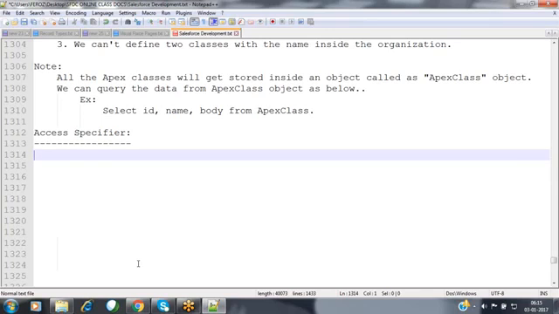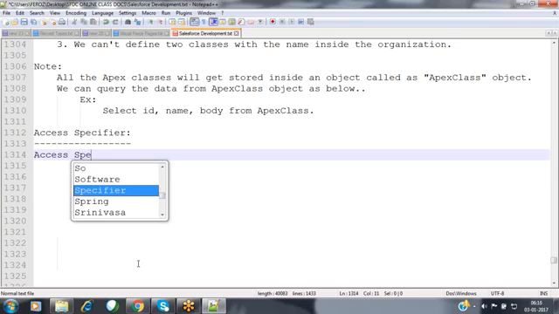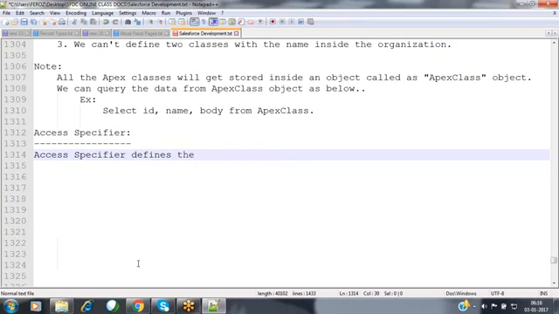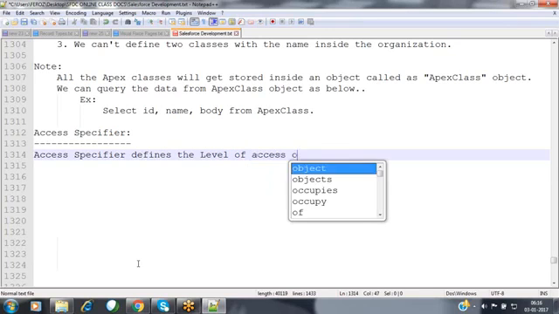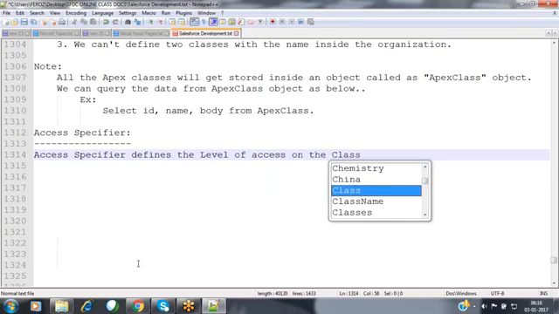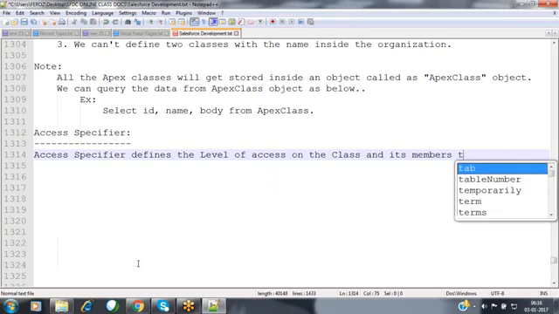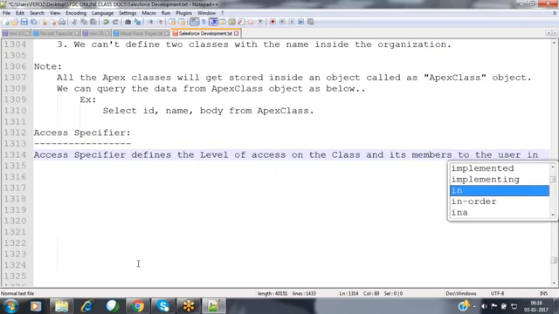So for that, we are using the access specifier. The access specifier defines the level of access to the class and its members for the users inside the organization.